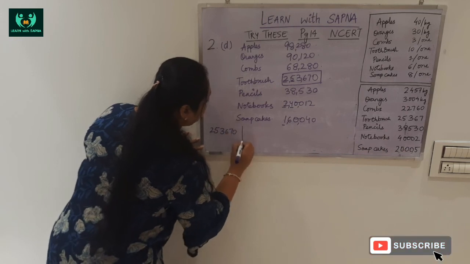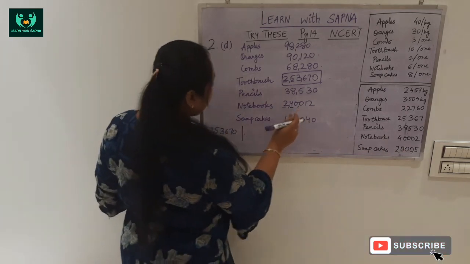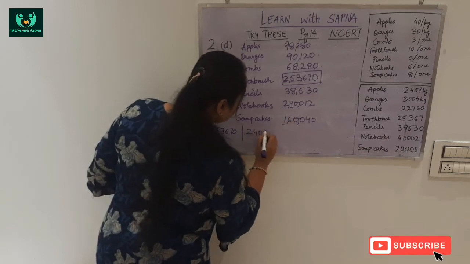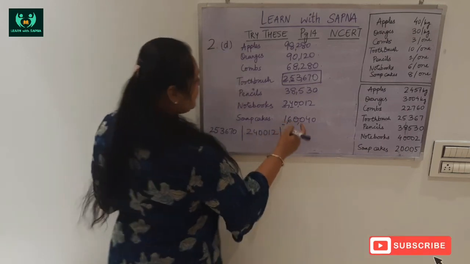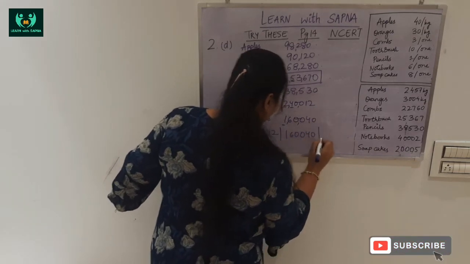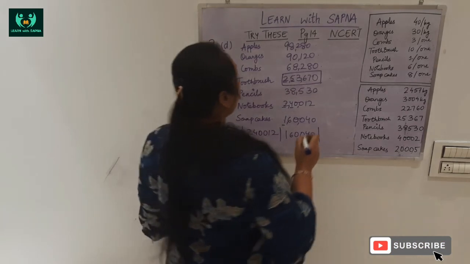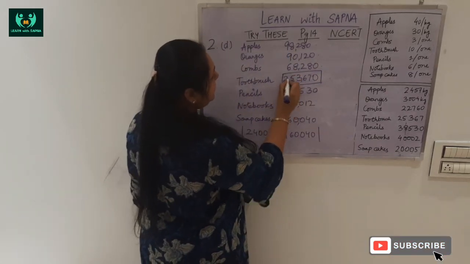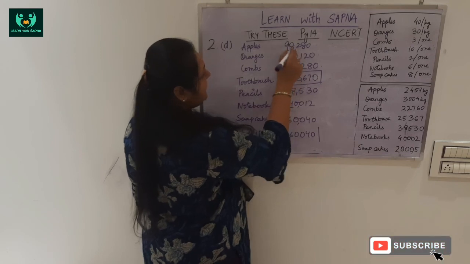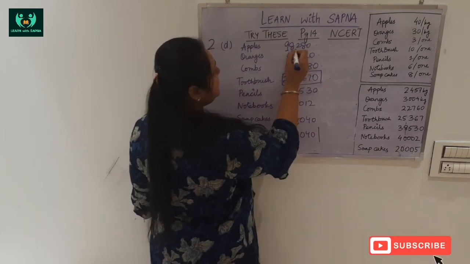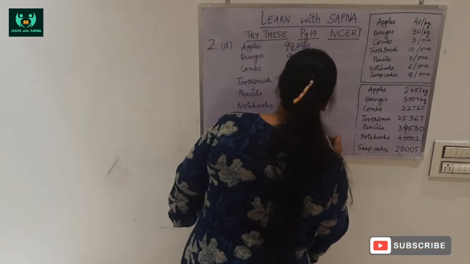Now arranging them in descending order, सबसे highest value हमारी ये है, so 2,53,670. Then second highest कौन सी थी? ये वाली नोटबुक वाली हमारी 6 digit number में 2,40,012. उसके बाद 6 digit number 1,60,040. अब जो 5 digit numbers बचे थे हमारे, उसके अंदर 3, 6, 9 and 9. 9 and 9 are highest, और 9 उसके बाद कौन सा है? 8 and 0. So 98,000 वाला highest है,